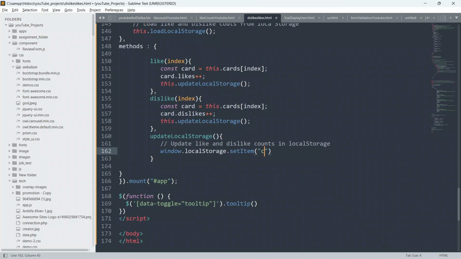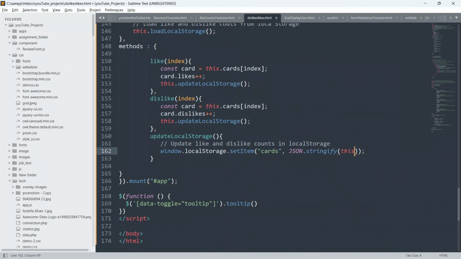So I will say cards, JSON.stringify. Whatever we have to save in the local storage should always be in the form of text.